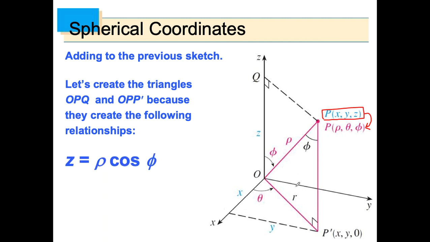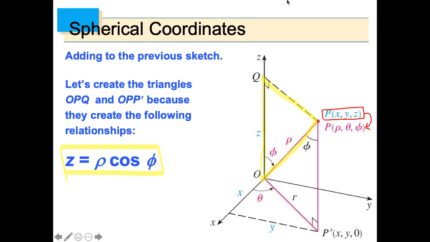So would you agree that, according to this picture, z is equal to rho cosine phi? And if you agree, and you can already see it, then great. But if not, let me give you a closer look at what I'm talking about here. I'm looking mostly at this triangle here. The triangle that goes from here to here, here to here, and Q back down to the origin. Okay, so this triangle here that I'm highlighting. Well, if you're not convinced that that triangle gives me this relationship here,